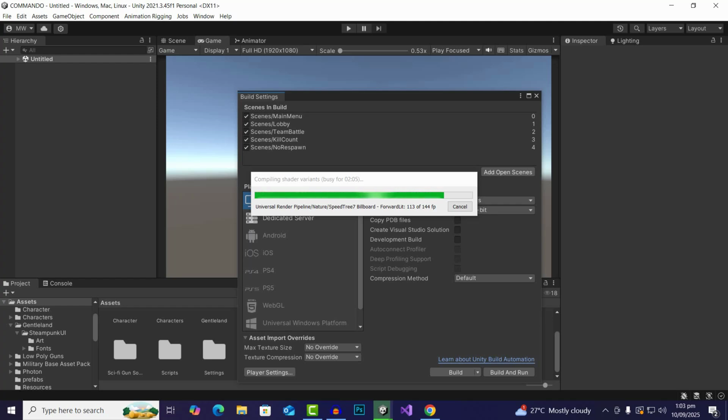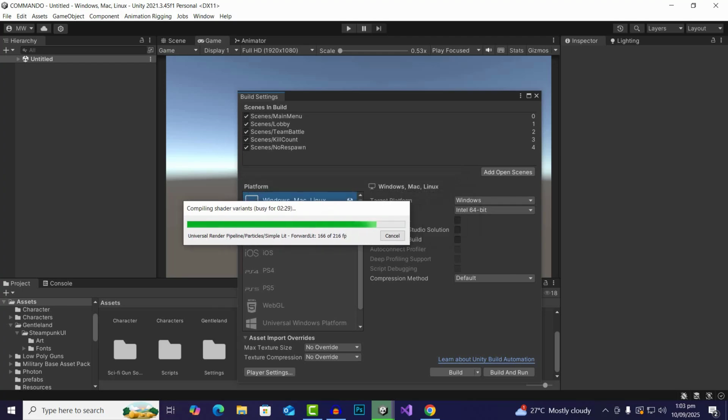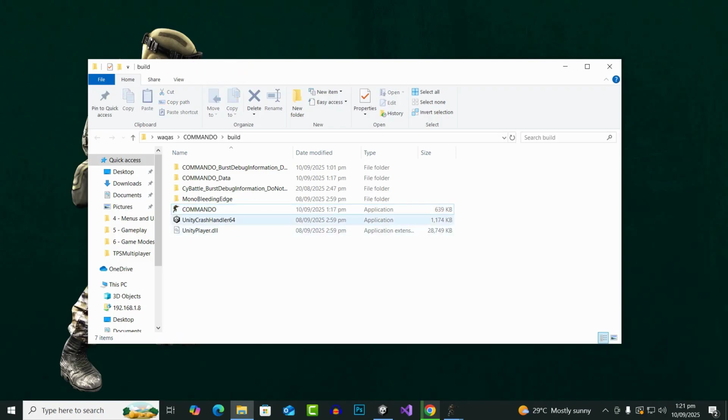So a lot of other things you can do, and definitely it is a base which we have provided, and I hope it will be useful for learning purposes, and you will definitely extend the features to achieve some game like PUBG. So now our build is ready, and I just opened this build 6 times, and now